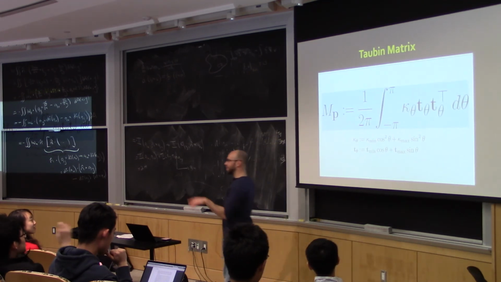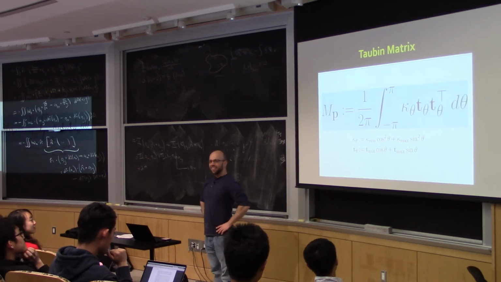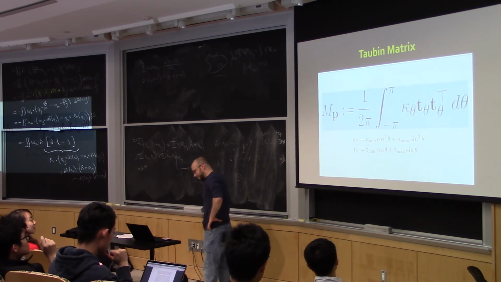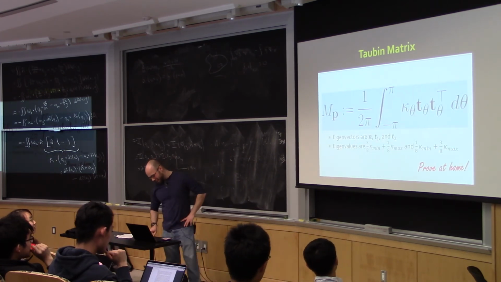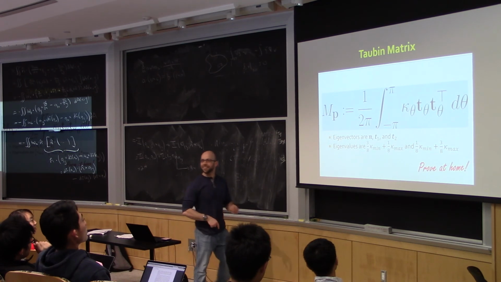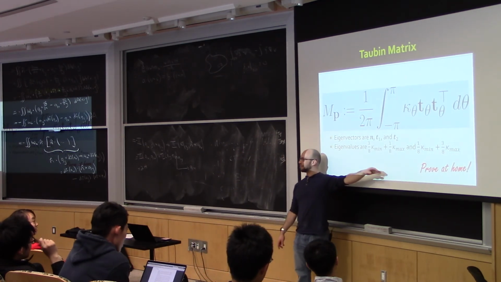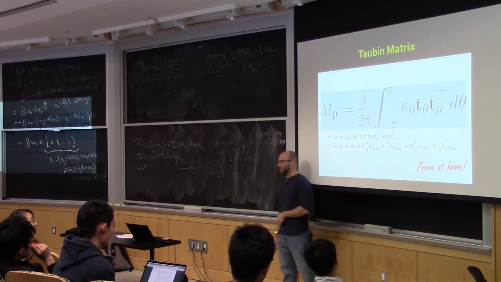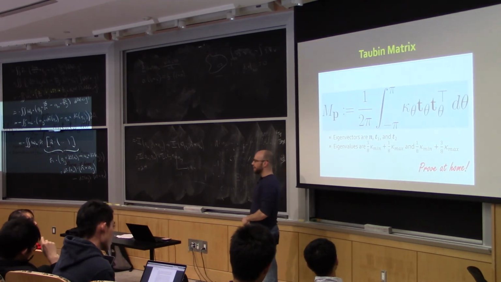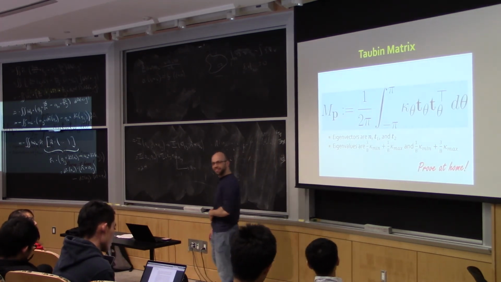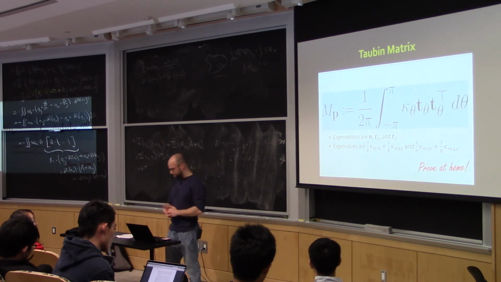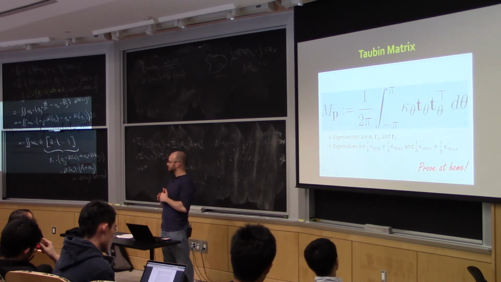Can anybody name the other 2 eigenvectors of this matrix? The principal directions. You happen to be right. However, if you look at the eigenvalues, you'll see it's actually kind of funny what happens. You get 3/8 times the minimum curvature plus 1/8 times the max, and vice versa. And I think this is a good thing for you guys to check at home. We'll throw it on your homework. Because it's basically just an extension of the similar kind of arguments we've already done.